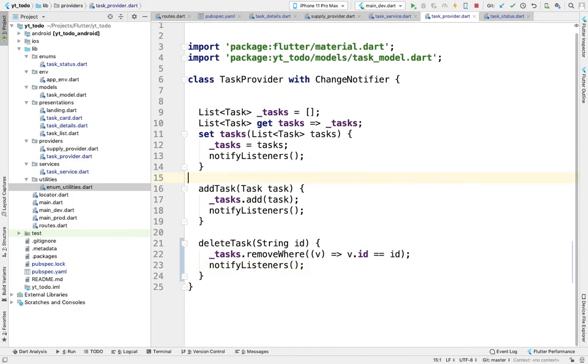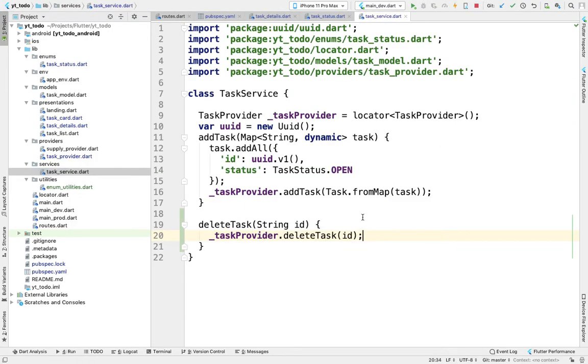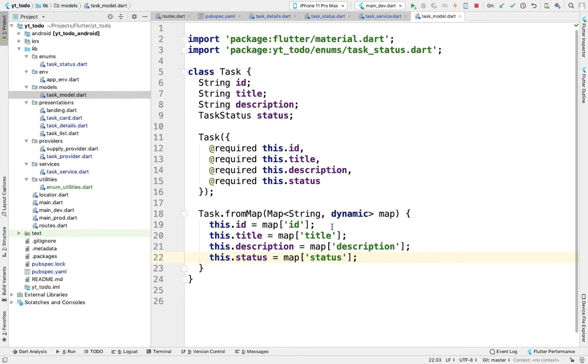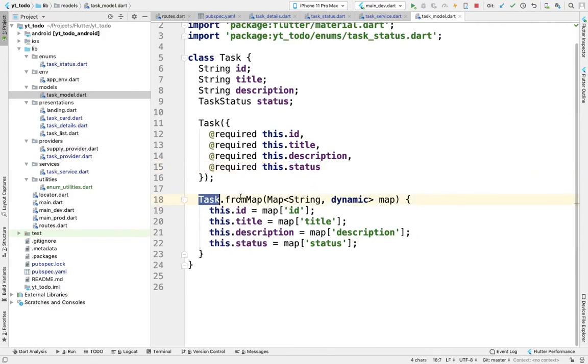Now let's go ahead to our task service, sorry, task model. Where is task model? Okay, so see, when we are converting the task from map, we will change this status, we will not directly take the status because that's an enum.